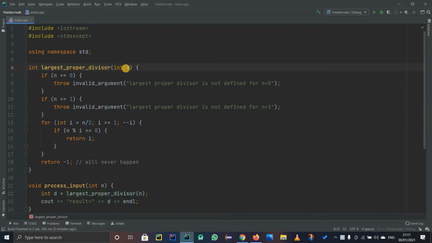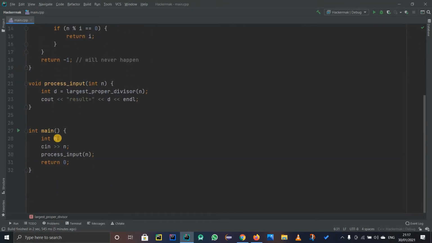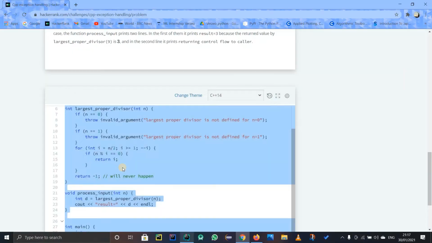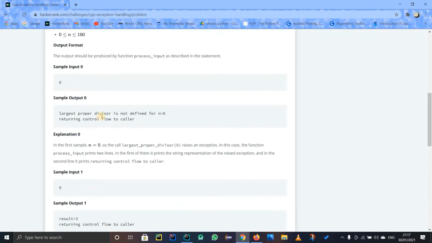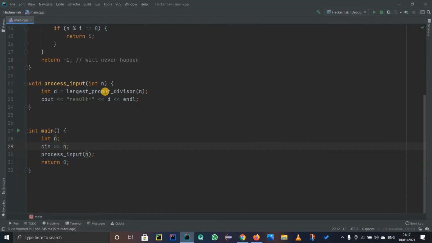So what is happening over here? It is checking if n is 0. Basically, whatever n we are taking, we have to check if it has the largest proper divisor. Yeah, we have to find the largest proper divisor. First of all, n cannot be 0 or 1. But what happens if the user enters n as 0 or 1? Then we should get an error, right? And the code will stop and we'll get those red lines.